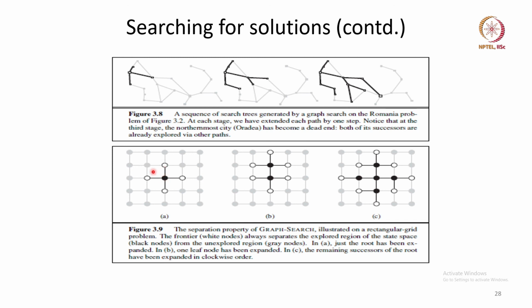Okay, so this is your frontier. You can see that beyond the frontier you have the unexplored nodes. Then once you move from here and explore this node, you find all these nodes are coming into the frontier. So you can see that the frontier actually separates the unexplored nodes from the explored nodes basically. Because you're going to check whether something has already been explored and you're not going to explore it